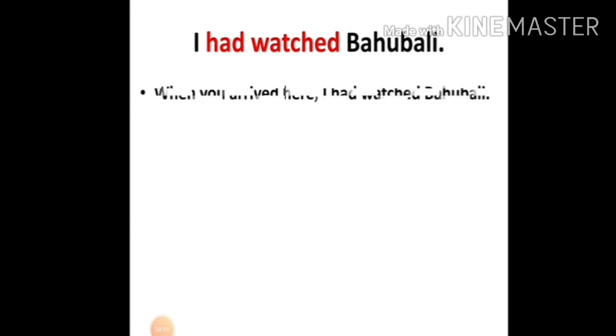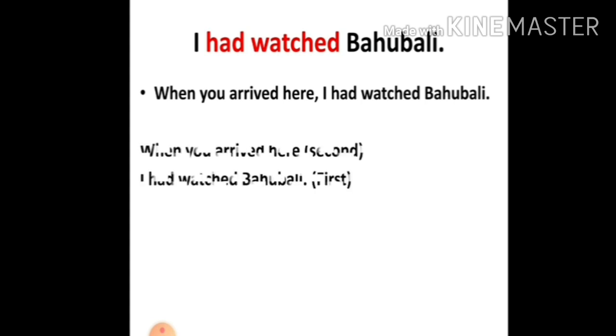Look at this example. I had watched Bahubali. And before we understand where we use had plus V3, look at this sentence. When you arrived here, I had watched Bahubali. Remember, when we have two past actions in the past, we use had plus V3 structure to clearly show